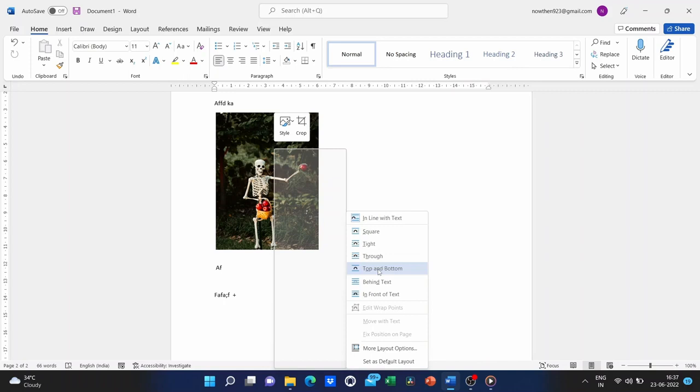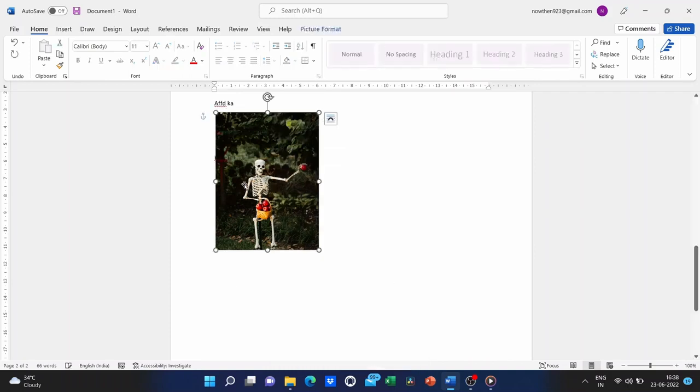So here in Wrap Text, I'm going to go with in front of text or behind text. Either one will work great. I guess I'll choose behind text, and now you can see what happened.